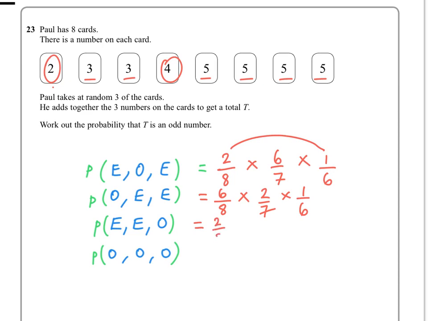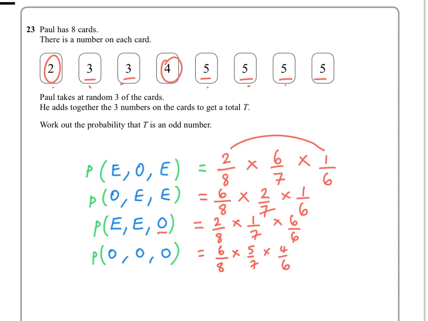2 evens out of 8 times 1 even out of 7. There couldn't be another even one because that would be 0 out of 6. So we've got an odd here, thankfully, which is, how many odds are there? 1, 2, 3, 4, 5, 6 out of now 6 cards. Okay, so that would be 6 out of 6. And then lastly, odds. So we've got 6 out of the 8 times 5 out of the 7 times 4